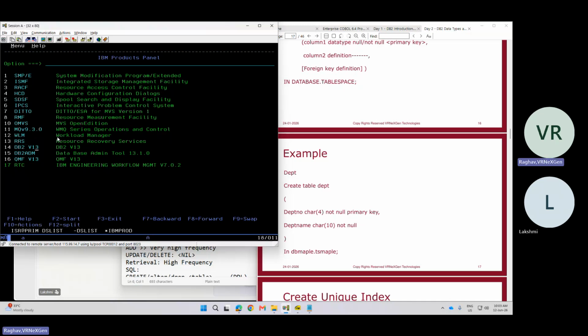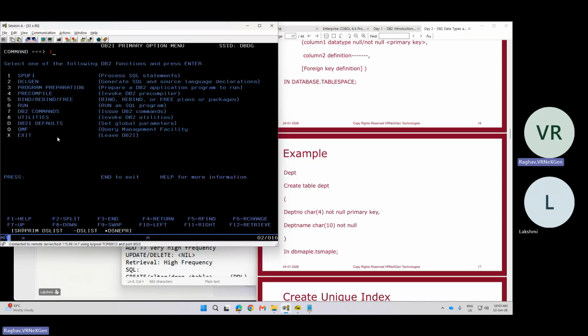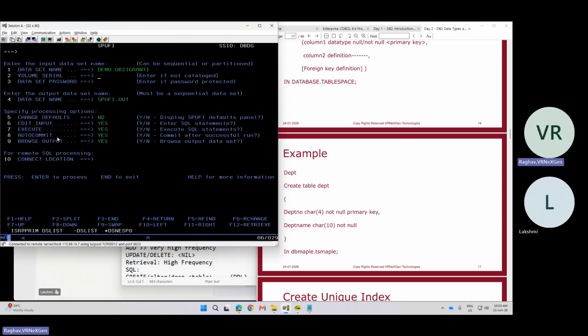This is one of the latest versions of DB2. I'm going to select option 14 here, which is DB2. Then I go into SPUFI here, the first option, right? Then here you have to give the name of the object that you want to create or the SQL that you want to write. So in my case, I'm going to say April